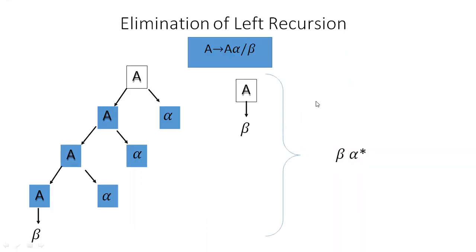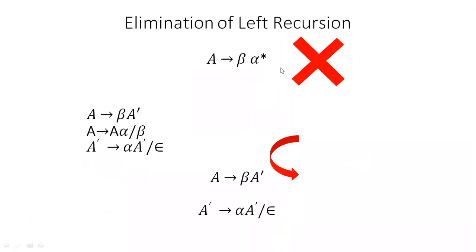If the grammar is in the form of A tends to A alpha or beta, then it is modified, by eliminating the left recursion, into A tends to beta A dash. And what is the rule for the A dash? Alpha A dash or epsilon. And by seeing an example, you can clearly understand how we use the syntax of this left recursion, how we map the syntax of the left recursion to the given grammar.